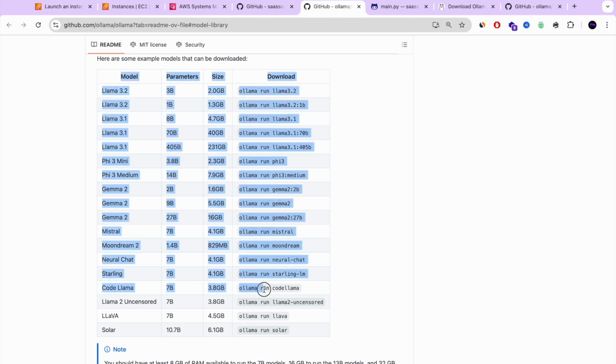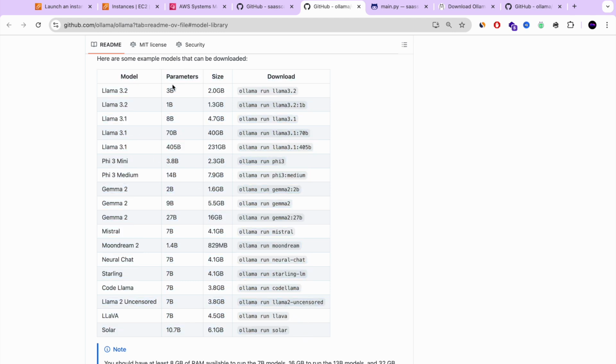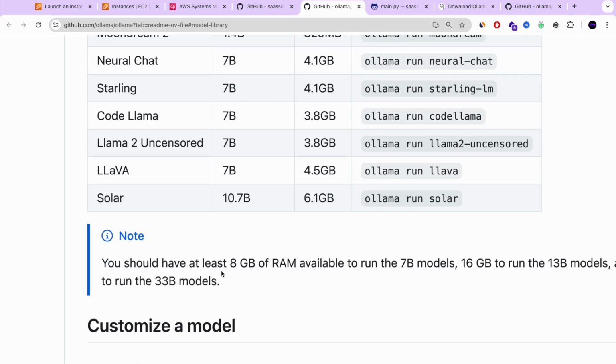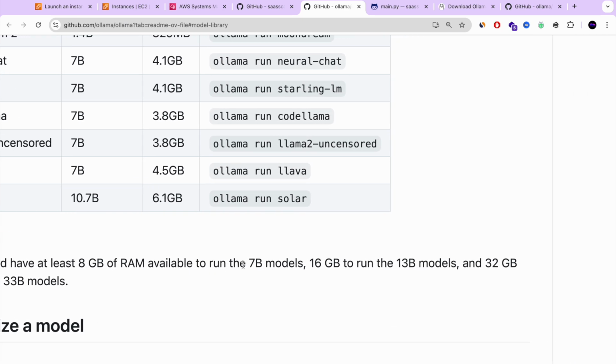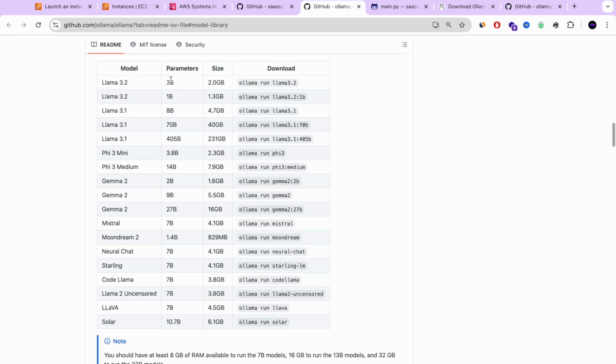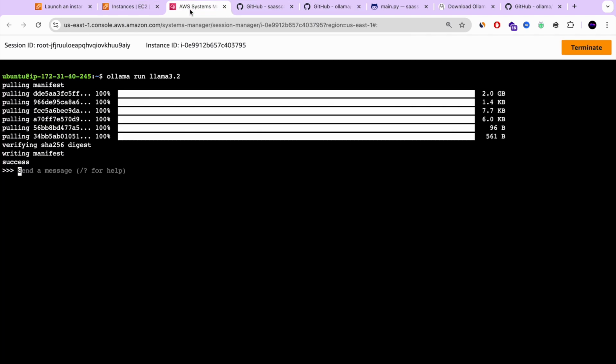repository. As you can see, we have almost 20 models, but we have even more. But here are the ones that are more famous. And here you can see what kind of resources your server needs to have, depending on the parameter size. Because we are using only Llama 3.2 with 3 billion parameters, the 8 gigabyte RAM of the AWS EC2 server is